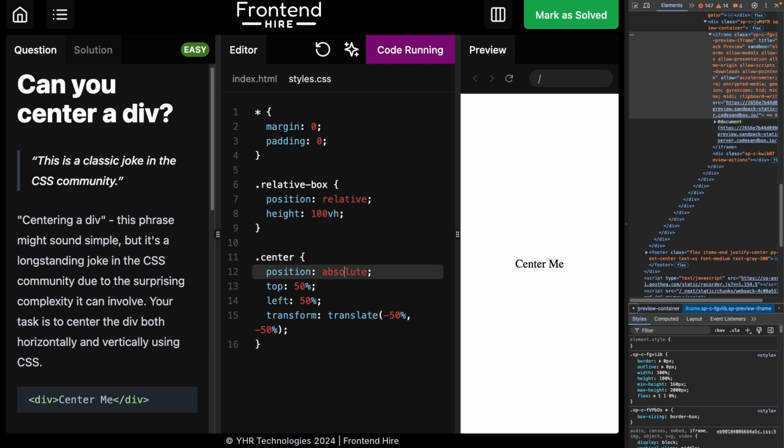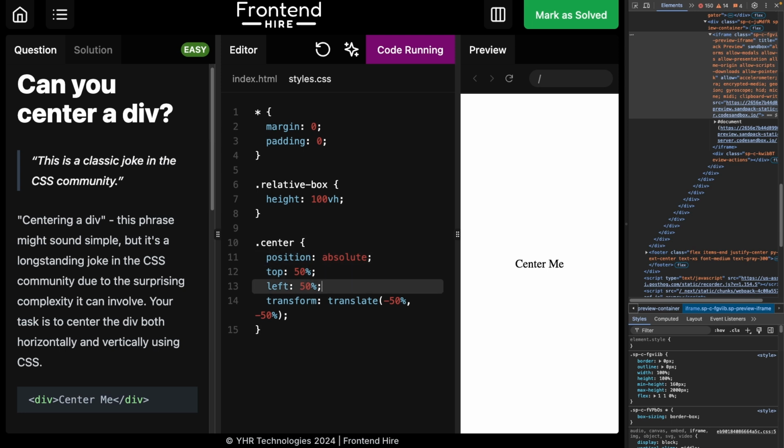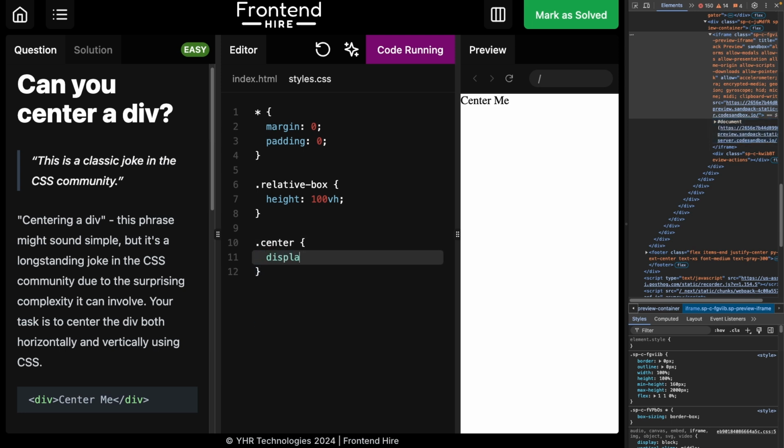But what if you wanted to use a flexbox? We could still do that. And this time we're not going to use absolute positioning, right? So we're going to still retain the height because we still need that. Otherwise it won't work. Coming to our center class, this time the display is going to be flex. We set the display to be flex, justify content to be center, horizontally center. And now we again do align items,